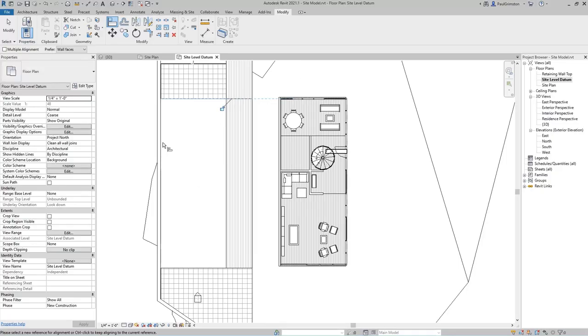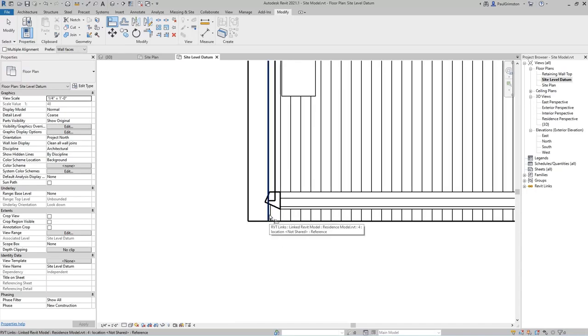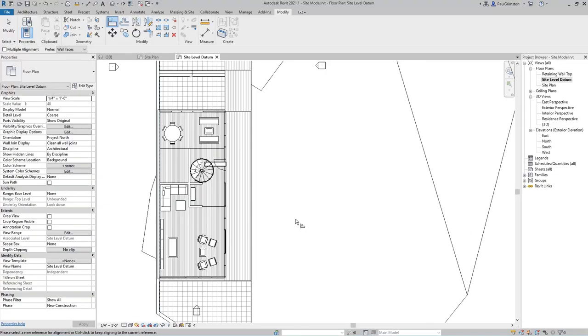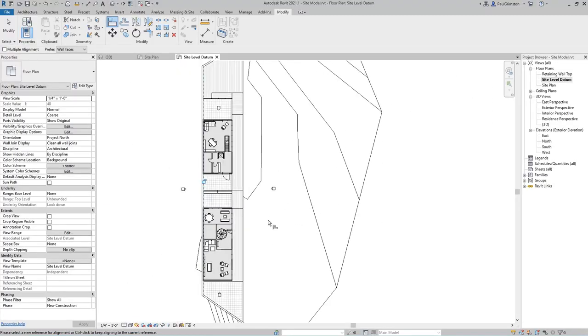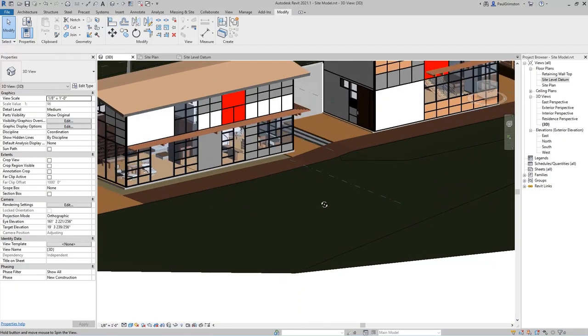Next we'll choose the face of the retaining wall, and then zooming in we have the face of the retaining wall in the linked project, and these two should line up. And now we can see that that's got that in the correct location and it aligns with the Studio project above. We'll go back to the 3D view, and orbiting round we can see that it's actually floating in the